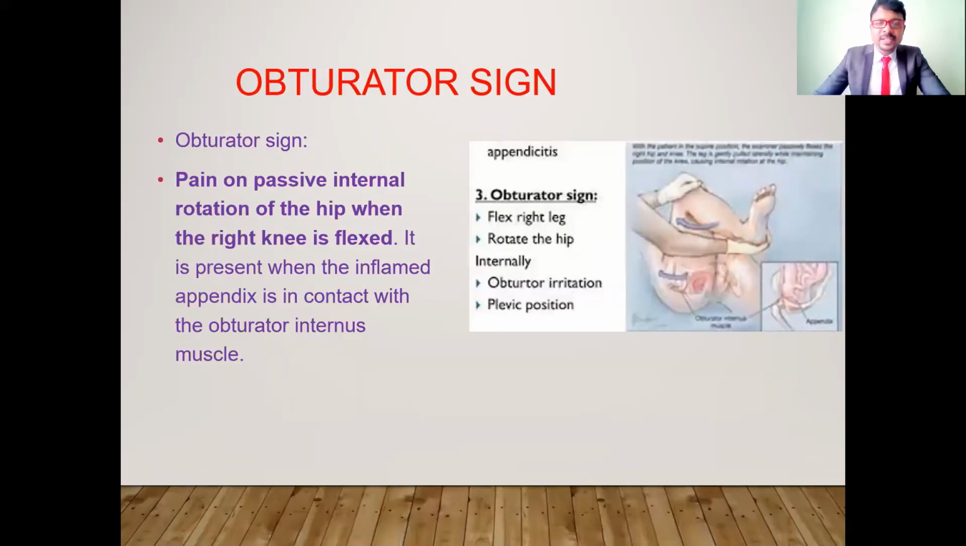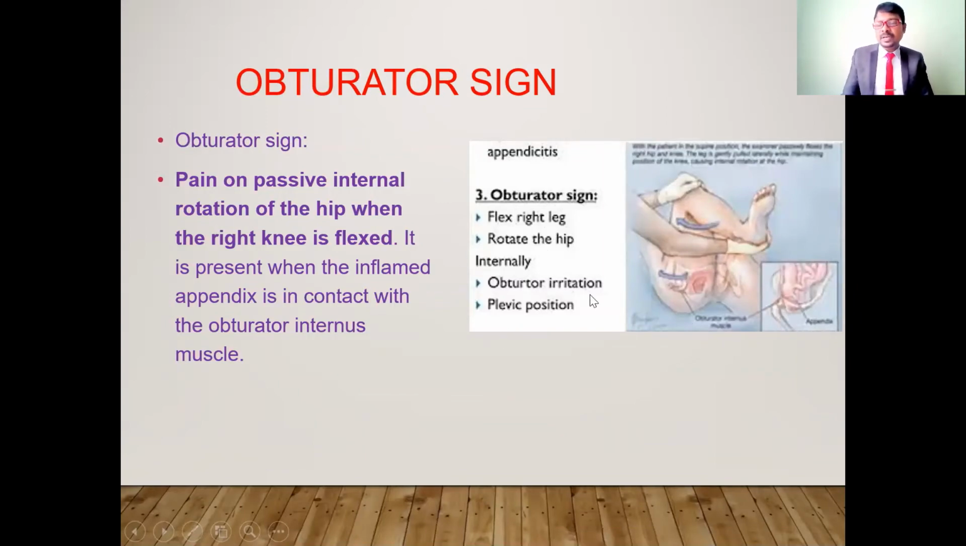And another sign is going to be the obturator sign. For this sign, the patient should be in the supine-lying position, with the hip flexed to 90 degrees and the knee flexed to 90 degrees. Then you do internal rotation of the hip, so if you pull the leg away from the body, the head of the femur is rotated internally. Because of the internal rotation, it is going to irritate the obturator muscle,